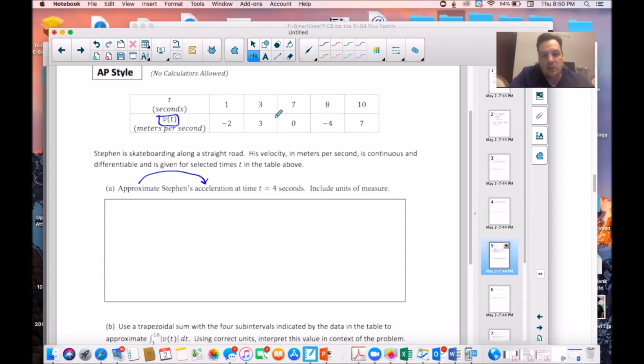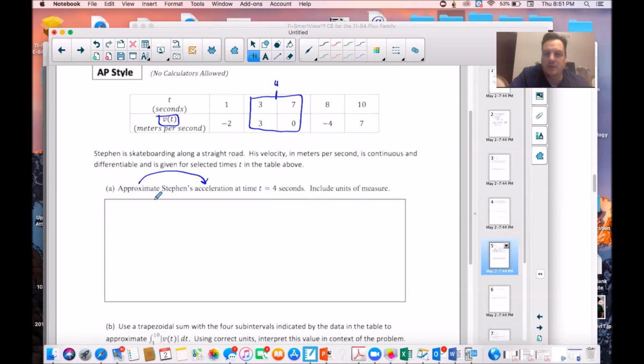So at t equals 4, it's right around here, right, between 3 and 7. To approximate his acceleration, we're just going to find the slope between the 2 points that are closest to 4. It's really important that you pick the 2 points that are closest. You don't get credit if you pick other points. I always thought that was interesting because technically it is an approximation,